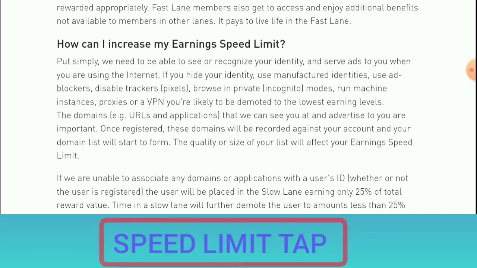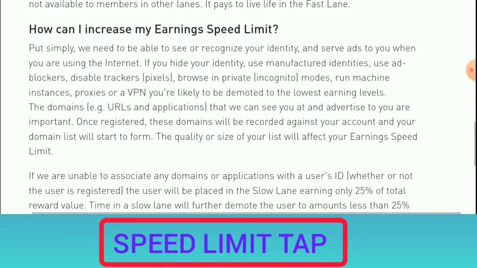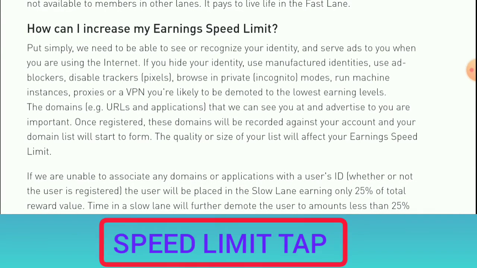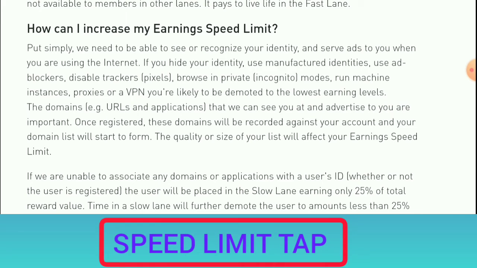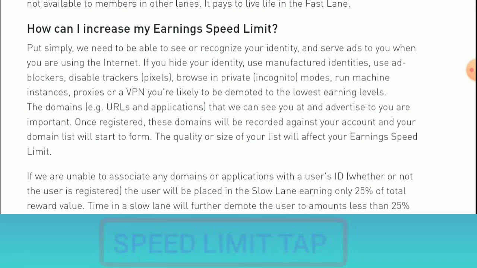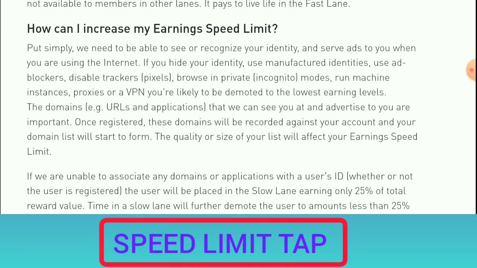Now, I don't know when it comes to the earnings and the payments, or if you want to cash out, what will happen, but I don't think it will affect that. But it's going to be slow. Your earning will be very slow. So they say here the domains, e.g. URLs and applications that we can see you at and advertise to you are important.